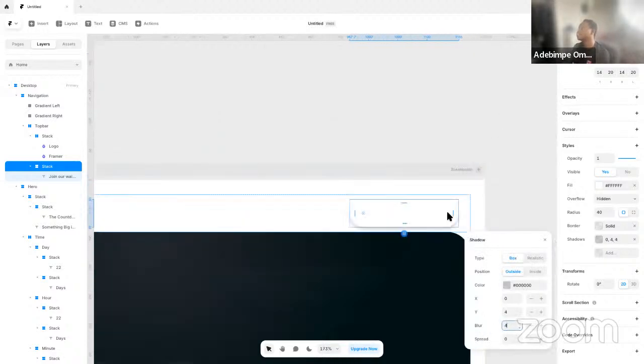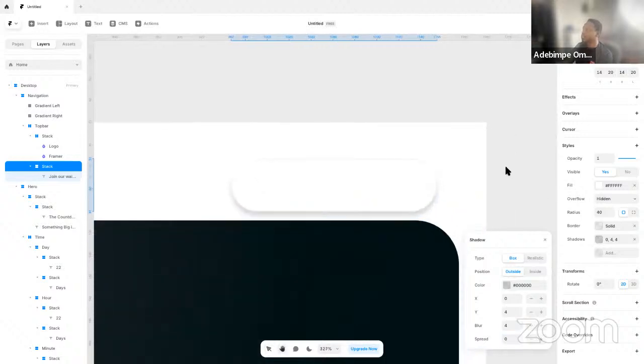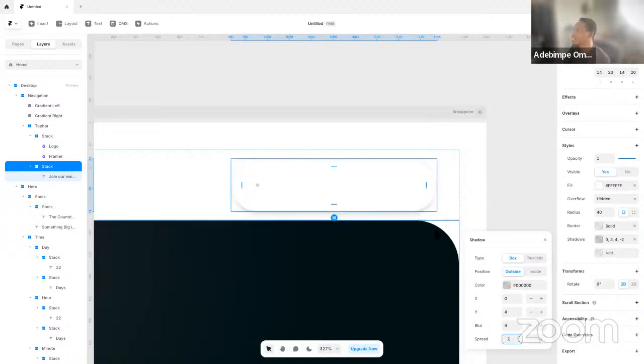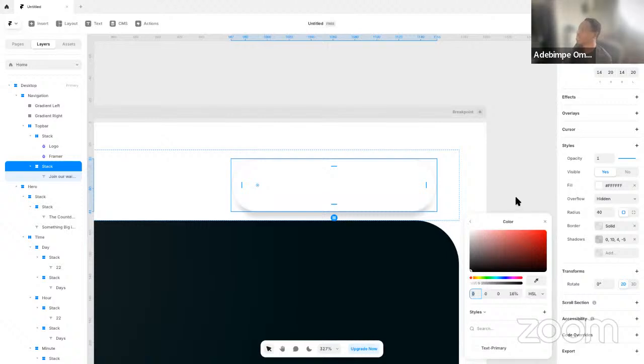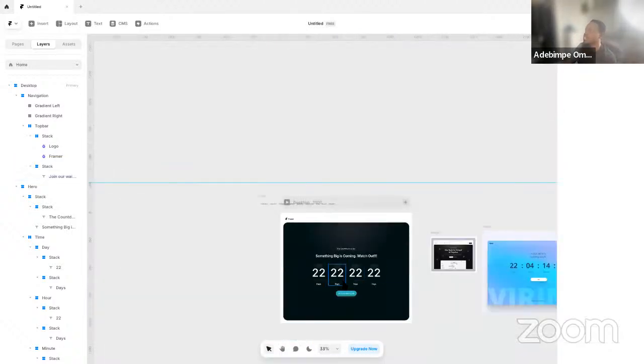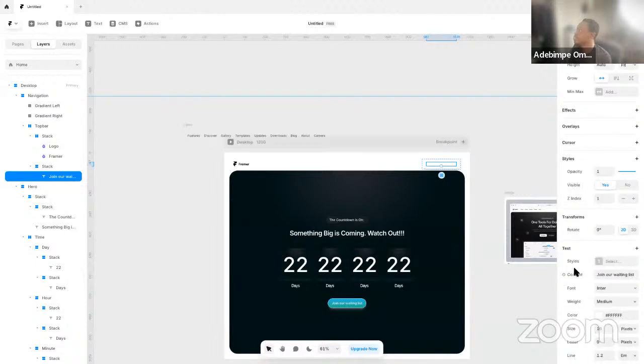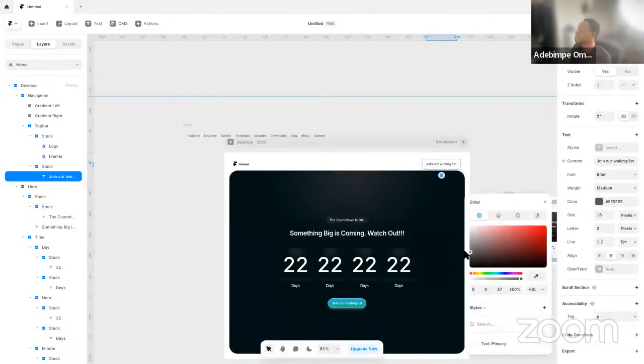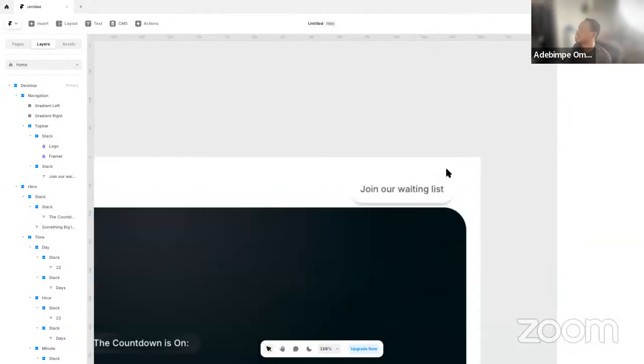And the good thing I like about spread is that spread allows you to either increase the size of the blur or not. So if I say give me -2, you notice the edges are reducing. If I say give me -5, right, and then I can take this all the way to -10, and then it comes out just at the bottom, it makes your shadow come out nicer, right? So this one I'm going to have at 16, and then because I'm feeling a little bit lazy, I'm just going to give it, yeah, and just call it maybe